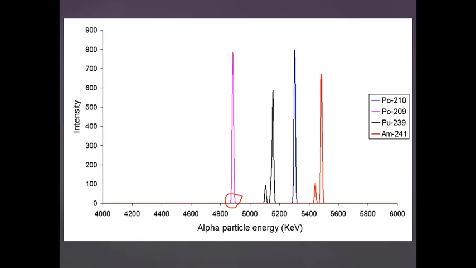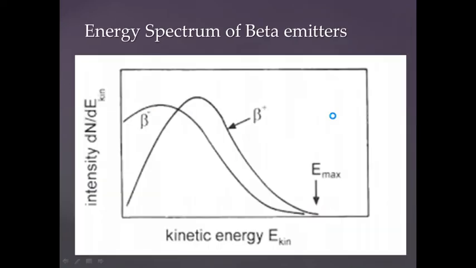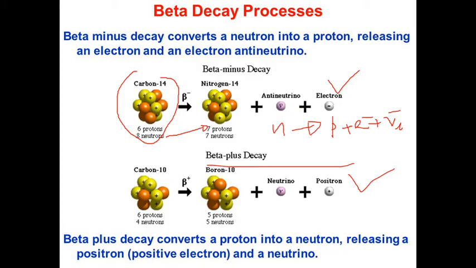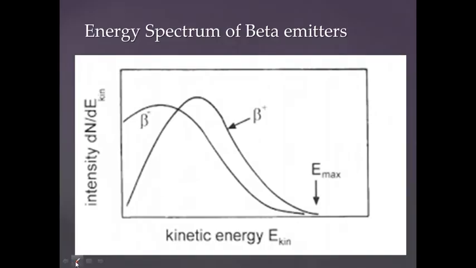Now what is expected is that the beta spectrum should also look like this, where the alpha particles are emitted in certain groups. The beta particles should also be emitted in certain groups, and you should get a spectrum like this. But dear students, the spectrum is different, and this is where the headache is. You can see that the spectrum is not like this, but it is a continuous spectrum. I want you to pay attention to this. This is continuous. This is something which is not understood. And my dear students, this value of E here is actually your Q.